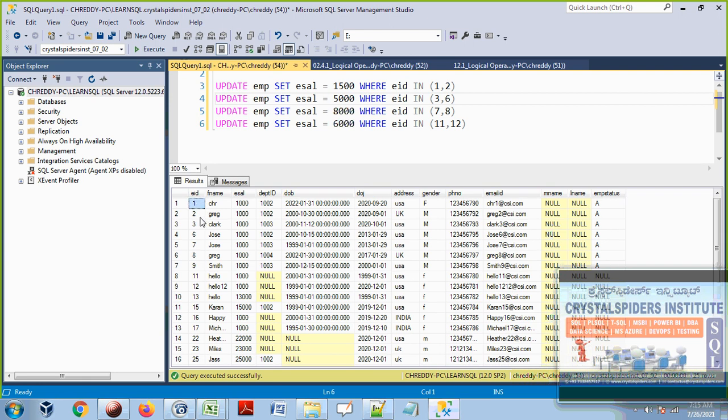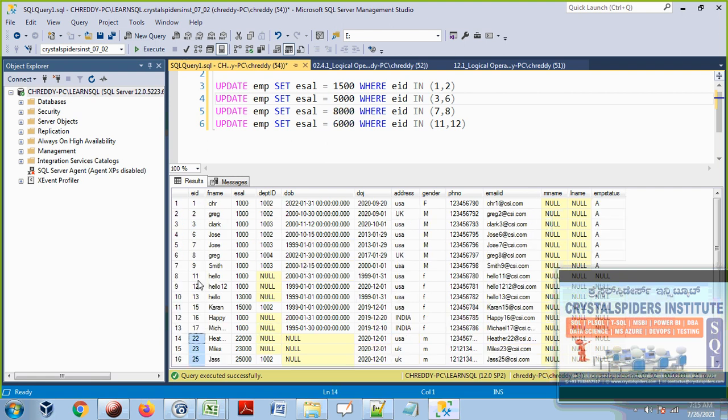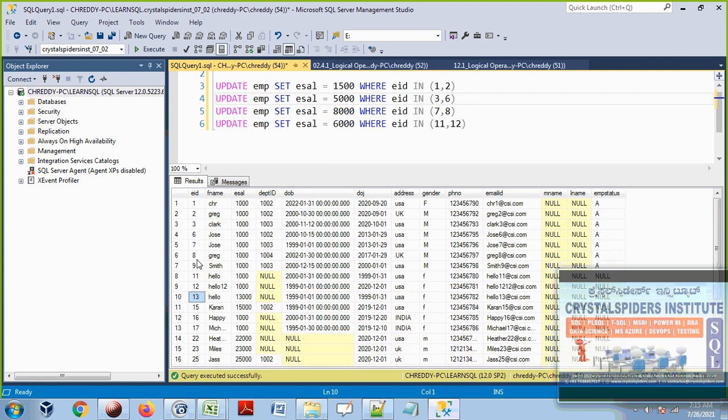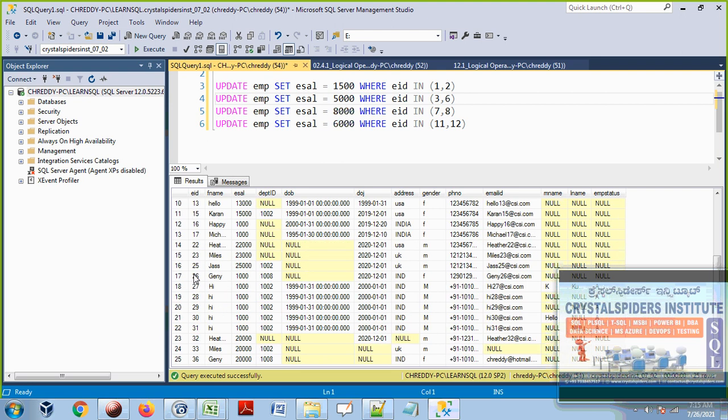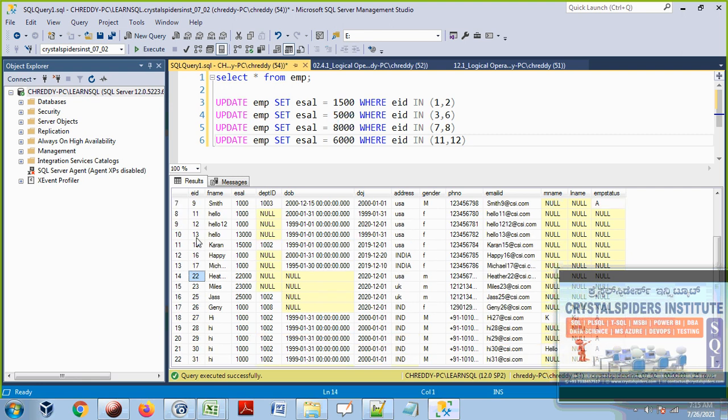And also I need to update these employee numbers, guys. You see that these employee IDs are not in sequence. 4 and 5 are missing over here, 14 is missing here, and 18, 19, 20, 21 are missing here. Yeah, some mistakes are there, so I will update all of this. I don't like to have these numbers like this. I hate to have it like this. I want to update it, guys.